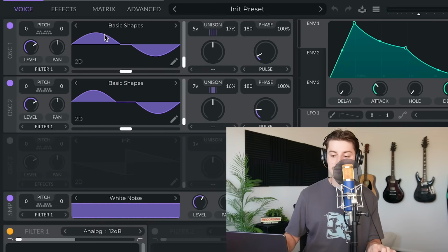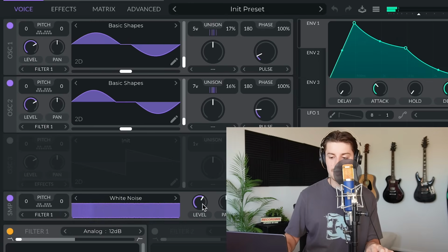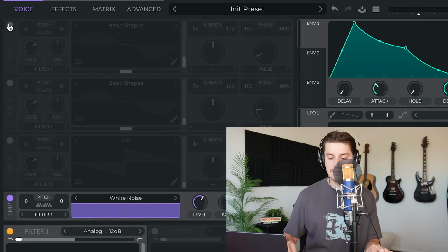This is inspired by those ethereal haunting synths we hear all through Deftones' catalog. So we have some sine waves and modulation going on. I'll talk more about that in a bit. And you can also see I'm blending in some white noise here. So if I turn these off,